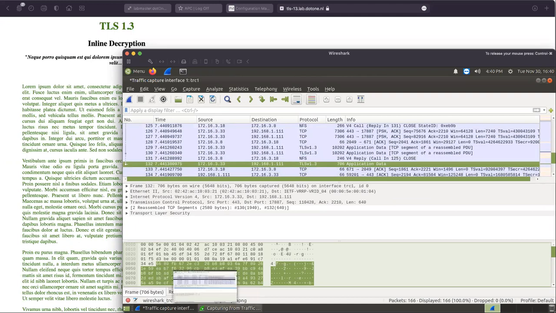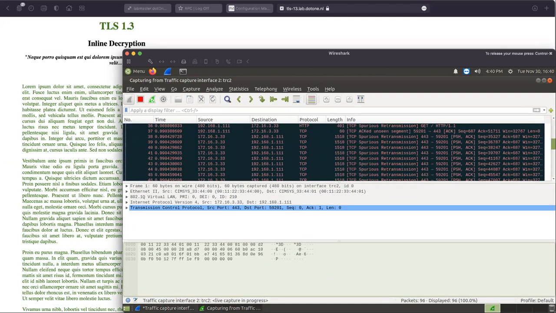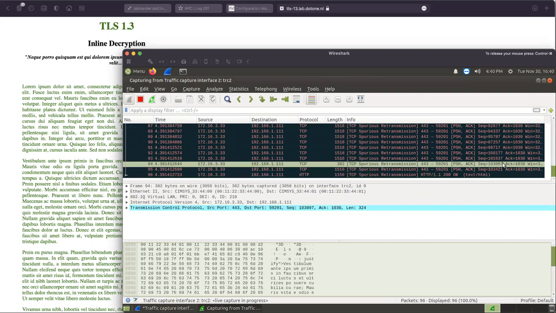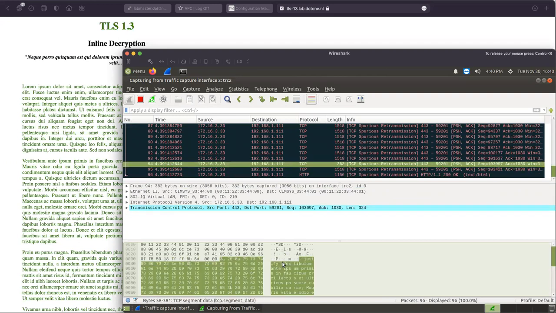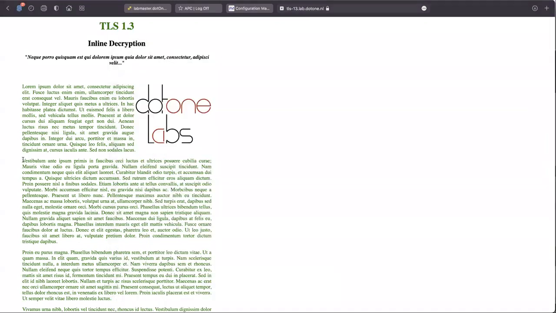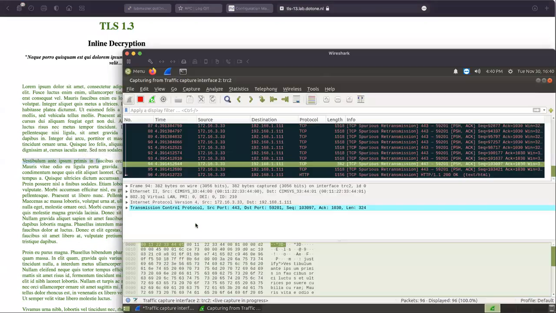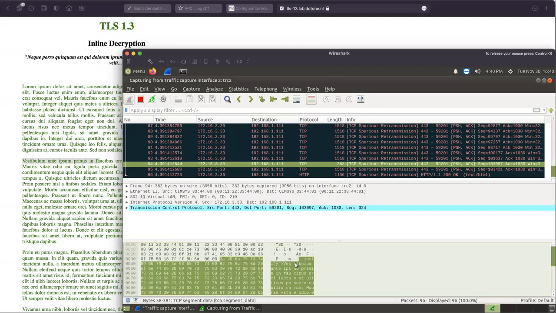However, if we go to the decrypted side, just go to the bottom of this one, and here we see the traffic decrypted, and we here see just the same text in its decrypted form coming out of the packet broker. So we see that this traffic is actually available in a decrypted form in the packet broker, and through Wireshark, it is sent from the packet broker to Wireshark.